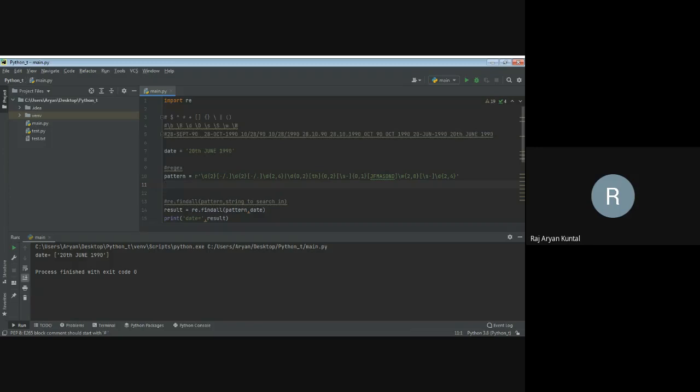It would be a nest of conditions basically, and even after that it would not be 100% confirmed that we have got the correct dates. So while regexes are tedious to work with, they are great for data extraction